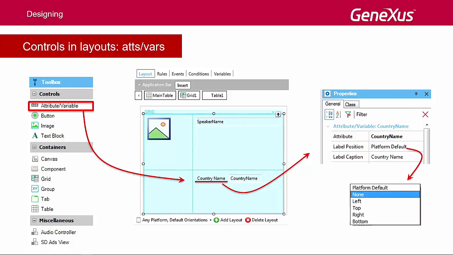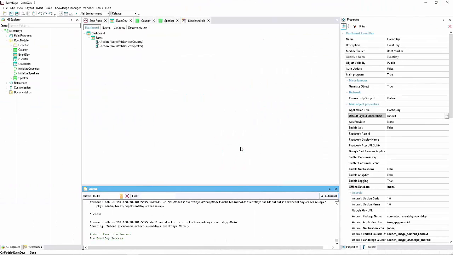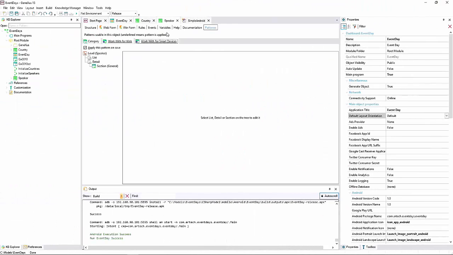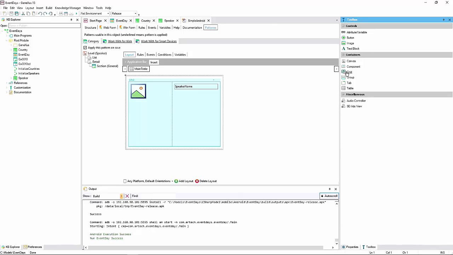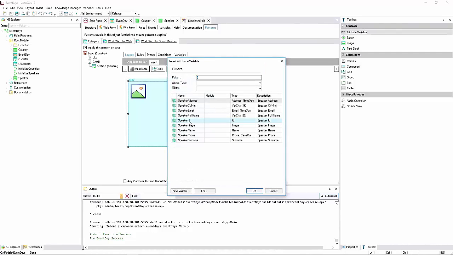Let's see it in GeneXus. We open Work with Speaker and select the list. Here are the two controls we have for now. In the layout grid, we open the toolbox and insert a new attribute by dragging it. We select it, country name,